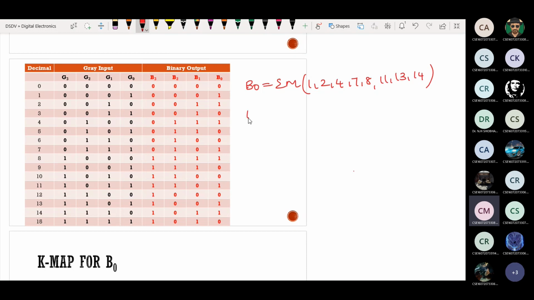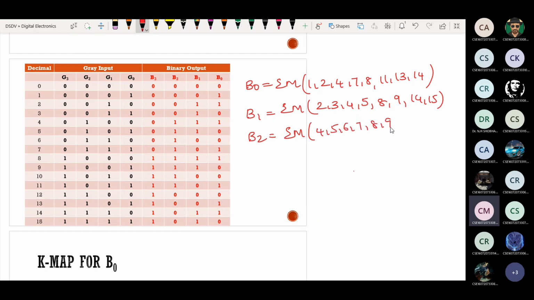For B1: 2, 3, 4, 5, 8, 9, 14, 15. Next for B2: 4, 5, 6, 7, 8, 9, 10, 11. For B3: from 8 to 15.